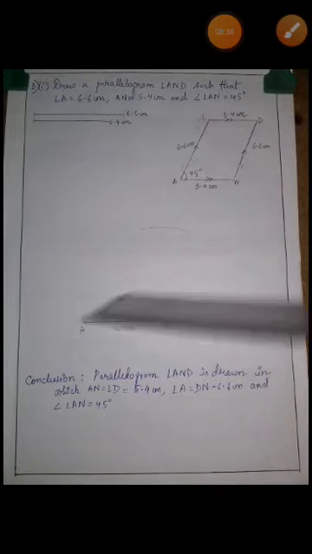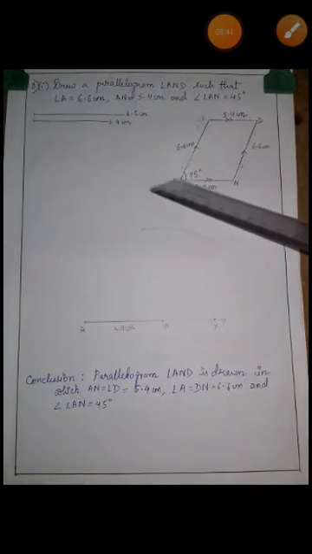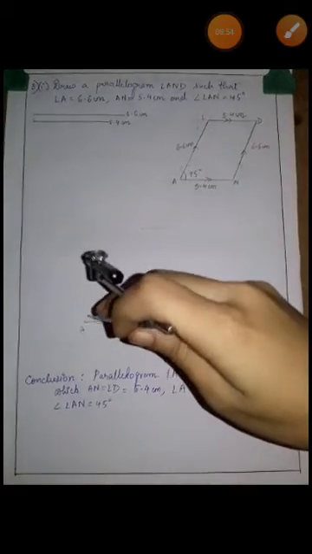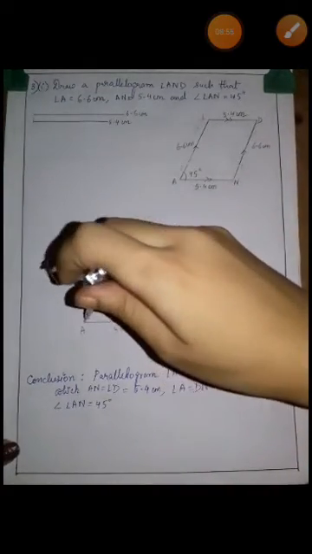Now see over here that you have angle. This is already given, that angle LAN equals 45 degree. So that means A is the vertex of the given angle. So you are going to keep A as a vertex and then draw the 45 degree. So for drawing the 45 degree, what do we do? We will have to draw the 90 degree. Alright, so draw the 90 degree first.